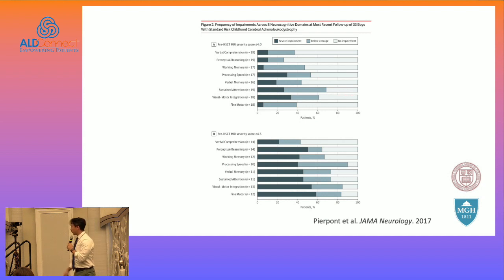So this is work out of Minnesota that came out in JAMA last year, and it showed that patients who were transplanted really early, as it turns out, with a score less than 4, what you'll notice here are a couple of neurocognitive measures. Patients ended up having, oh,